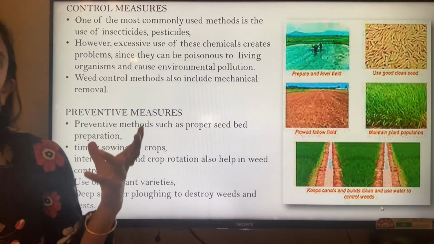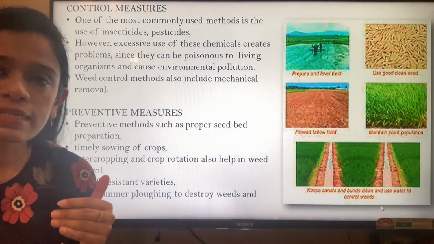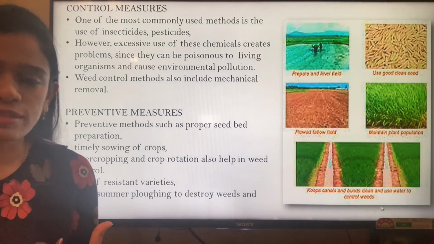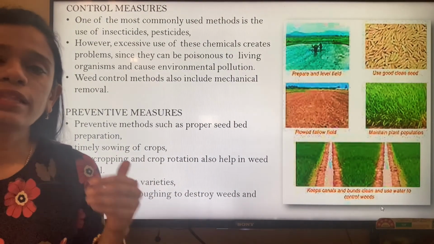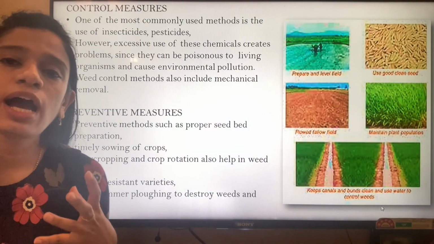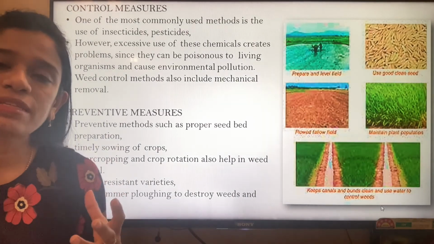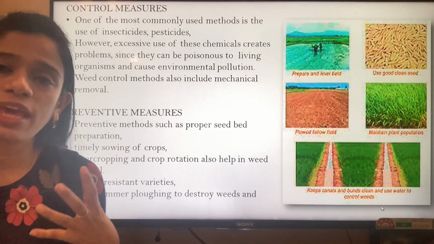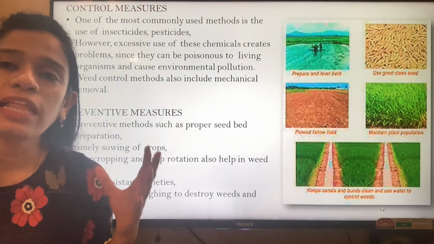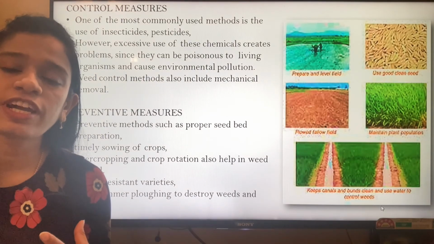So what are the control measures in order to minimize the pests, diseases and the weeds? The most commonly used method is the use of insecticides and pesticides. But we understand that due to the excessive use of these insecticides and pesticides, we are actually harming the health of human beings, because these pesticides and insecticides are all chemicals which get added to the crop, to the plants, and this produce is taken up by human beings,